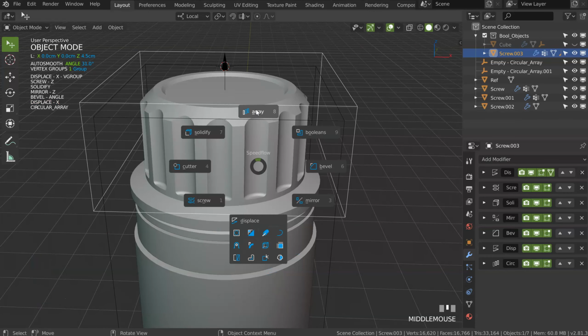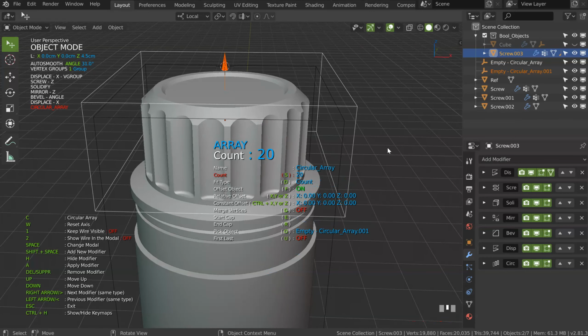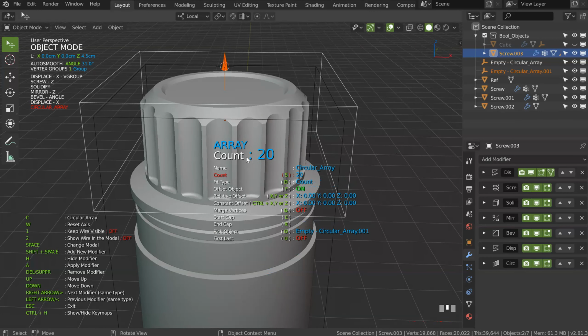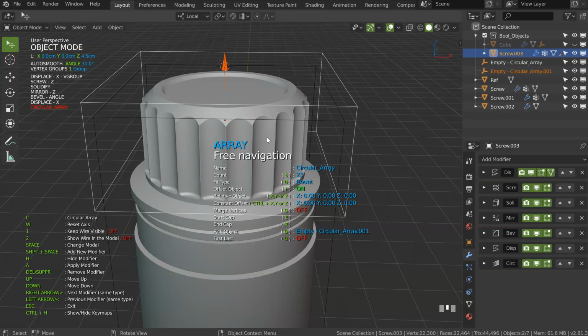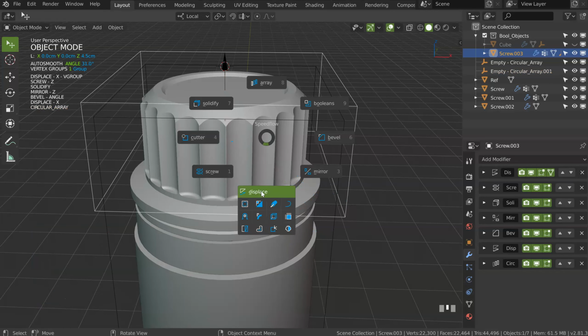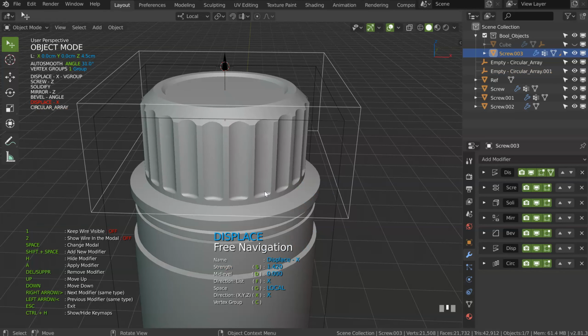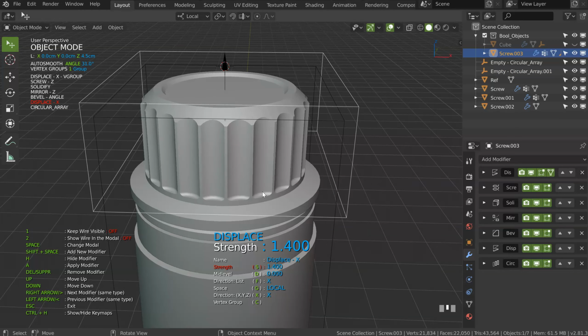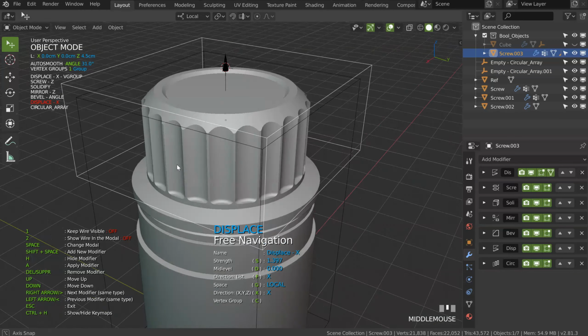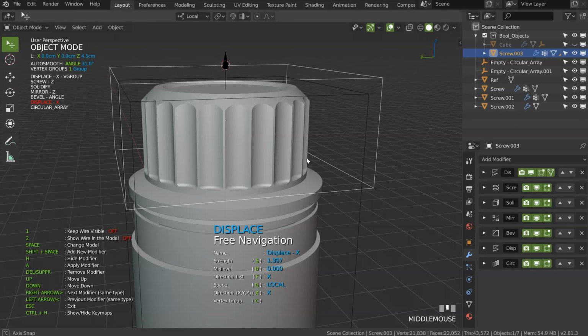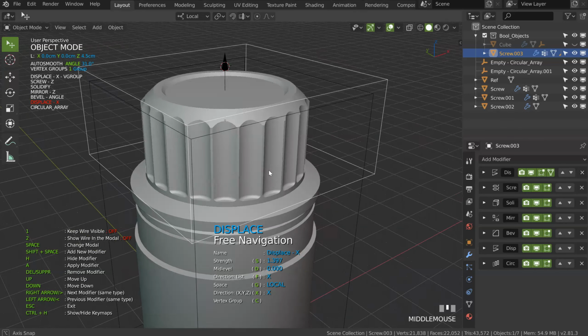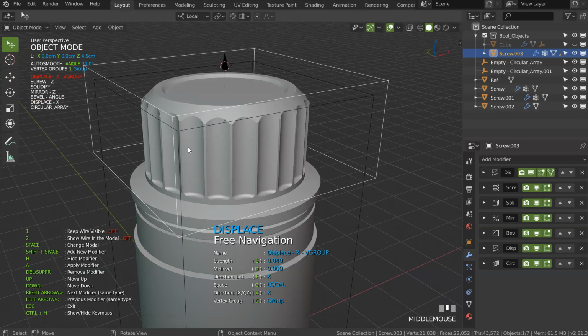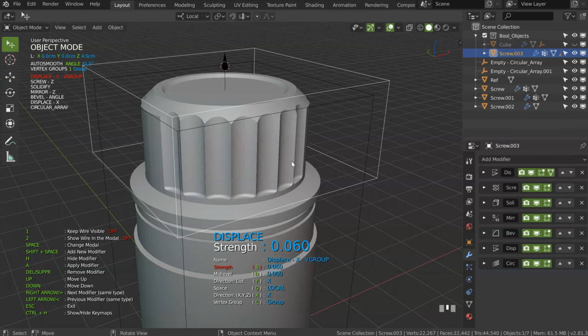I will come back on the array, press S, and try to have something. Yes, it seems correct like that. Maybe play with the displace again, like that, up, to find something that will give you a correct result. This one seems correct. You can also go on the first displace with the left arrow key and scale it a little, like that.